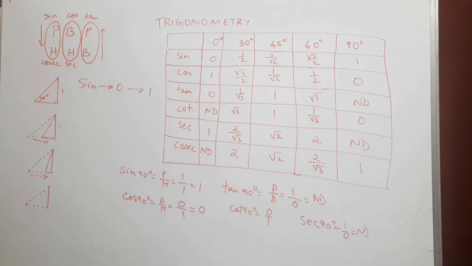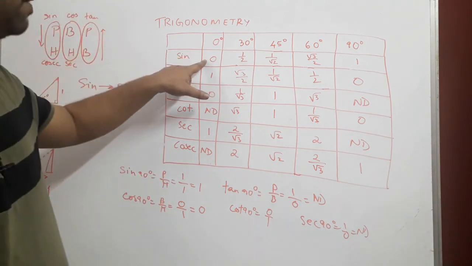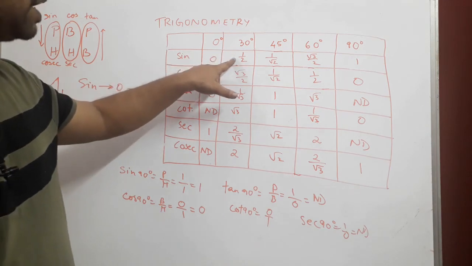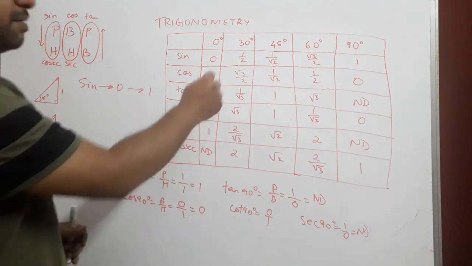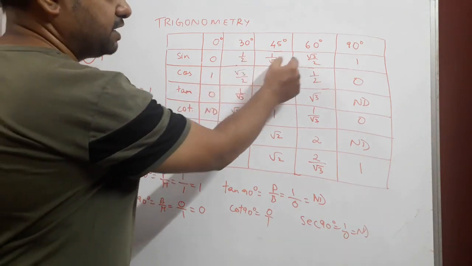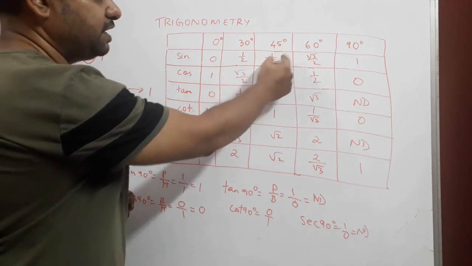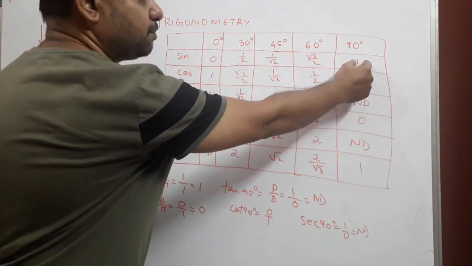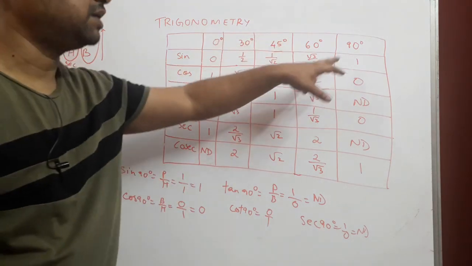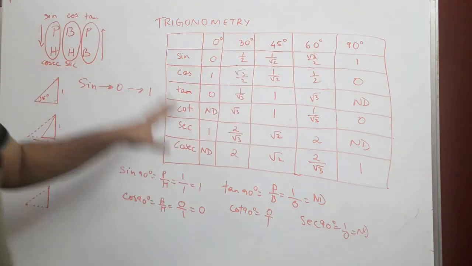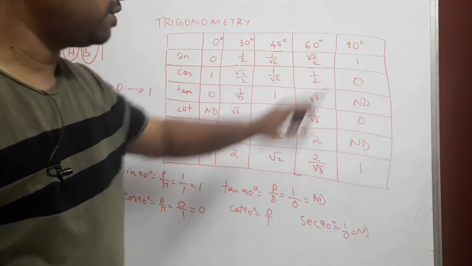Why do we need to remember only sine and not the rest? I'll show you. Now that we have remembered sine 0, sine 30, sine 45, sine 60, and remember these values are increasing. If you actually go to find out, these values will be in increasing order leading up to 1, but not greater than 1 and not equal to 1. The highest value is 1. So now we have 0, half, 1 upon root 2, root 3 upon 2 and 1.